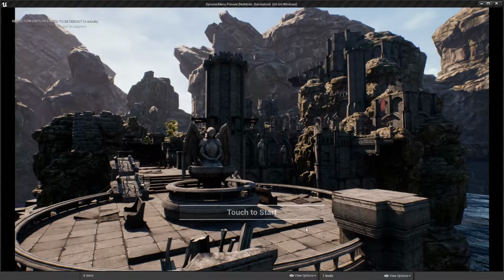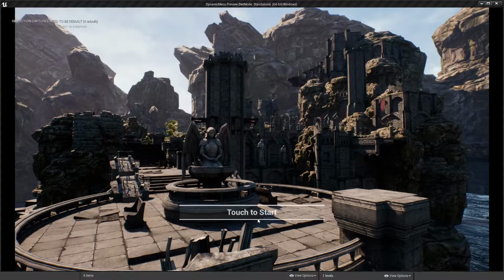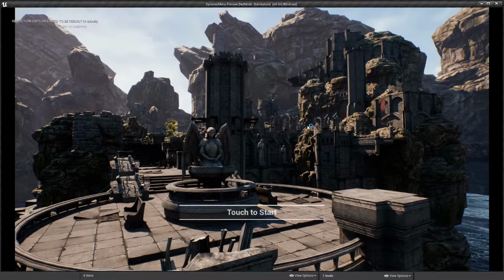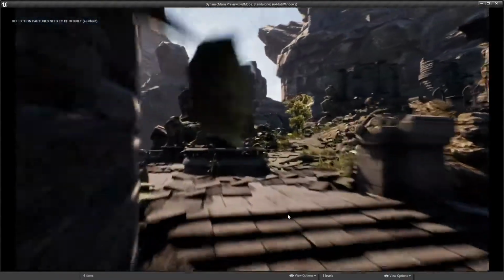So as you can see here in the scene, we're looking at a nice castle. This is actually the ruins, which is available on the marketplace. I'll show you that when we get into it. But what we've got here is a nice little scene. You've got touch to start, and when you hit start, you then fly in through the scene, and then you're